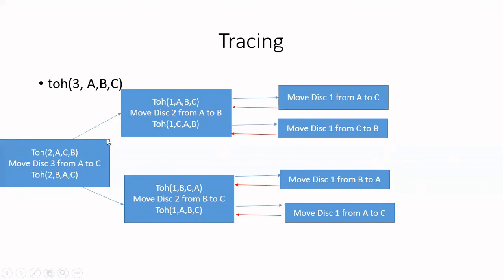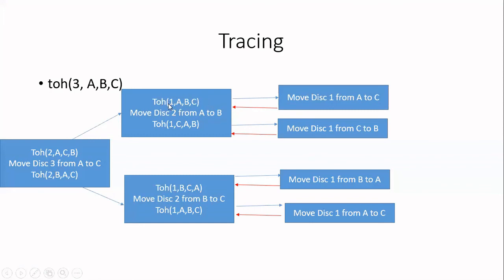See here, you have to start from the last column in this. Whatever is your last trace, start from there. First write this statement. This statement you got from here. You see the arrow now. The arrow is going like this. First write this statement. After that, you go to this. The statement you will write as output is move disk 1 from A to C. After that, you follow the red arrow, go here.